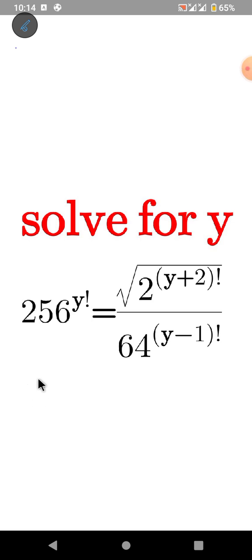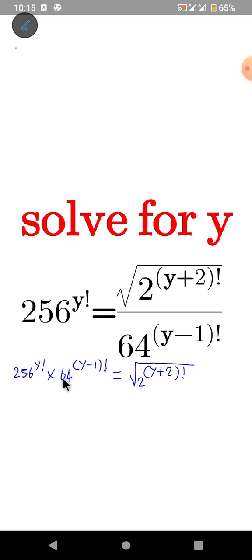Today I'll be solving this wonderful factorial equation. Now I'm going to start by cross multiplying. So I'm going to say 256 raised to the power of y factorial will multiply 64 raised to the power of bracket y minus 1 factorial. Then all equal to the square root of 2 raised to the power of y plus 2